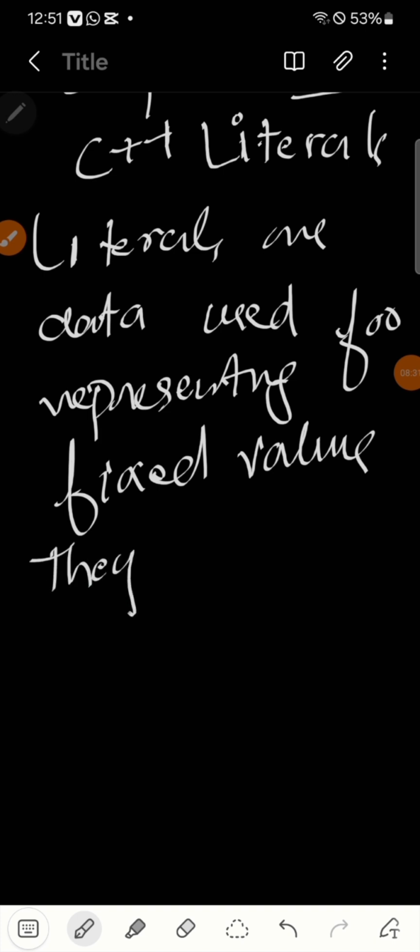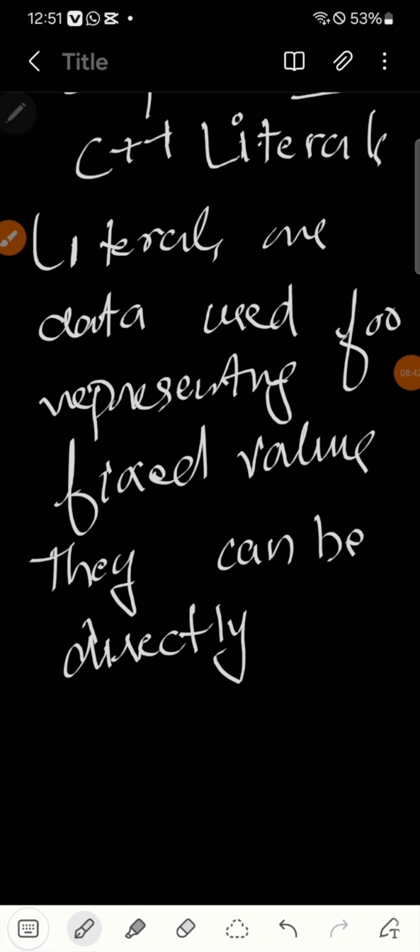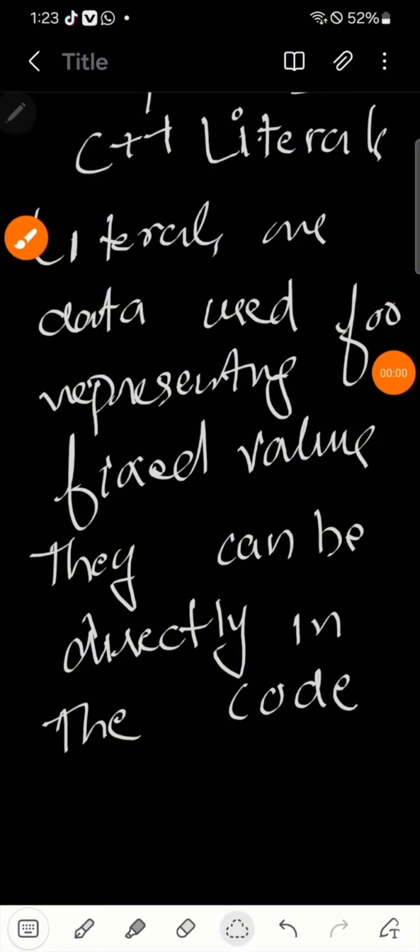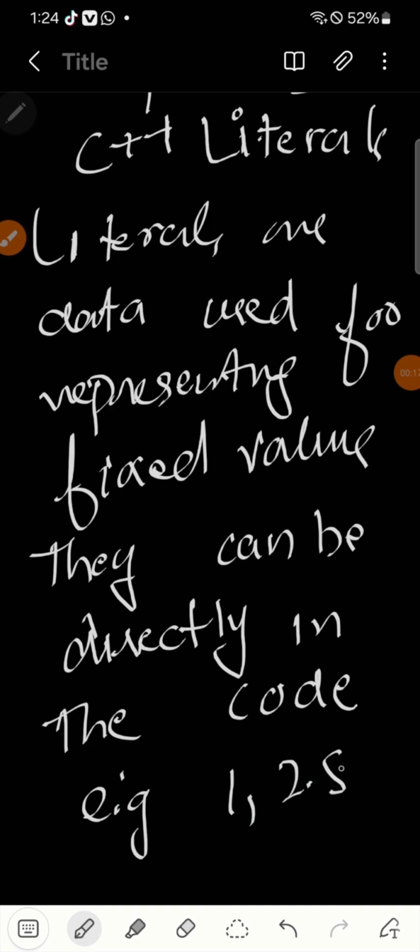They can be directly encoded in the code. So literals are data used for representing fixed values. They can be directly used in code. Let's take an example like 1, 2.5,